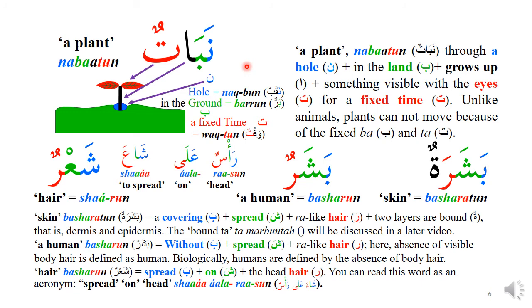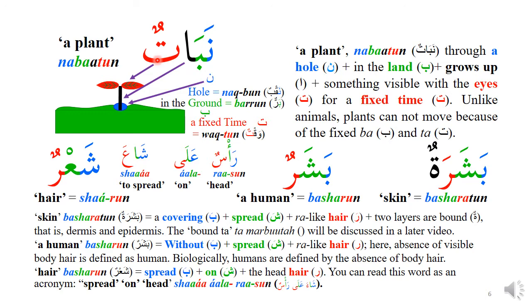Now, you see, in the beginning I told you about nabatun, the plant, right? So see, noon would mean a hole, and ba is the barrun, or the land, from which this alif, or a reason, comes out, right? A reason comes out for a fixed period of time. Interesting definition, isn't it? Plant is defined as something which comes through the land for some time, and this ta